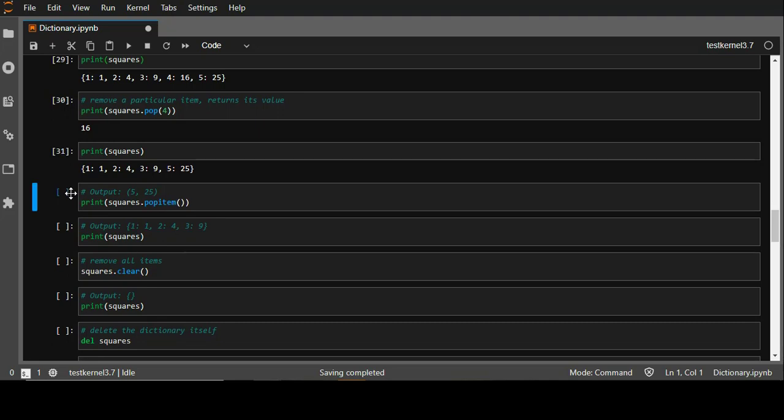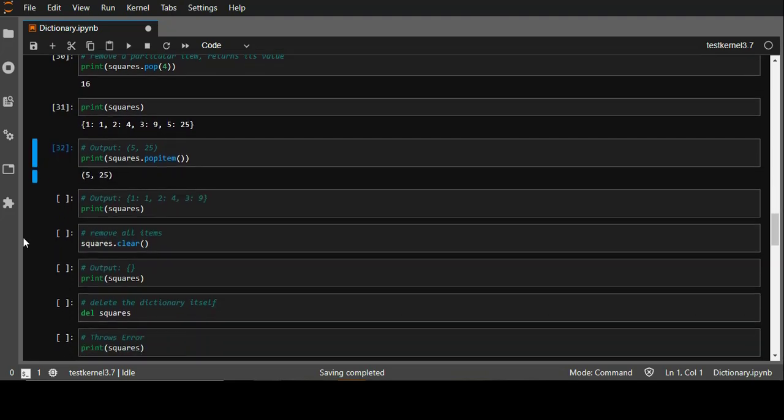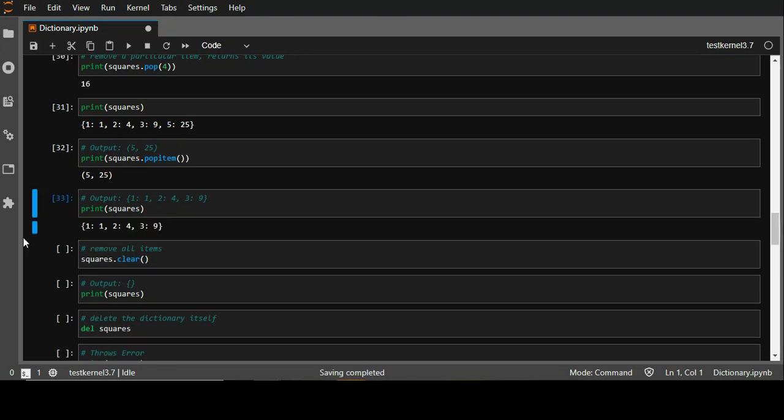Right. Another is the popitem method, which is also used to remove an element, but keep in mind it will remove the last item of the dictionary. It doesn't require any key to be inserted inside that particular function. Like in this case, my last item, which I just see above over here, is key 5 and value 25. After I run the popitem method, it will return the key value pair which is at the last index and remove it at the same time. Now if I check the value of the dictionary, you see there is no such pair anymore with key 5. Let's say I again want to remove the next last item, which is key 3 and value 9. I'll just write it and see, again it is removed.